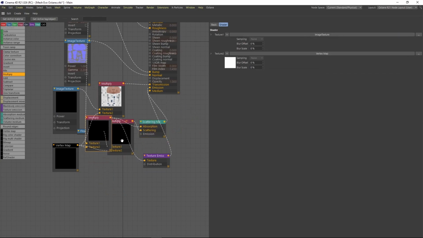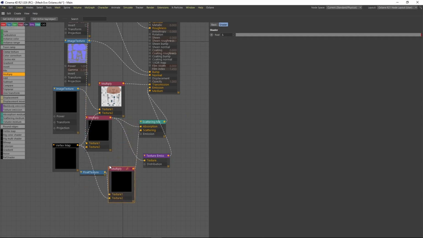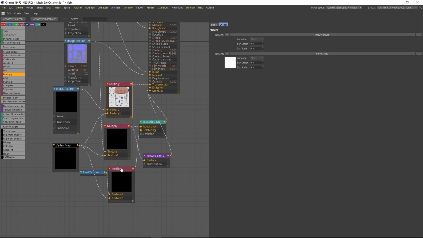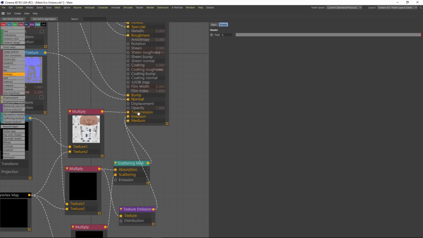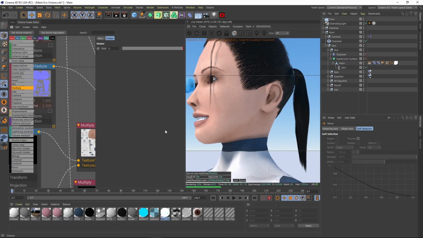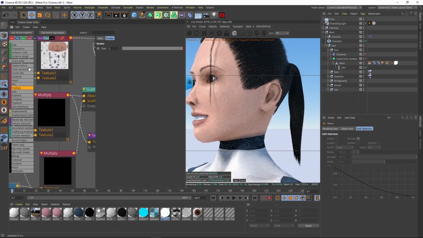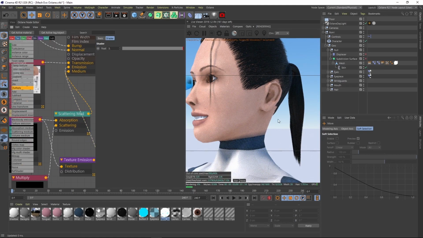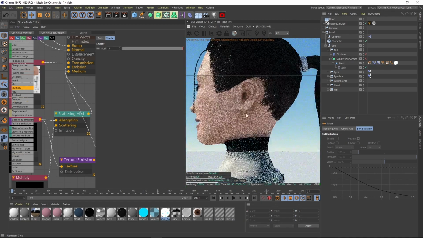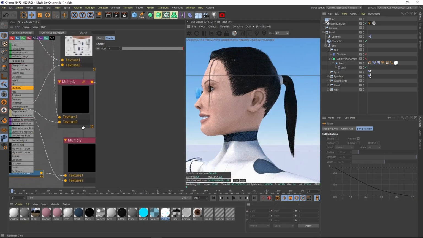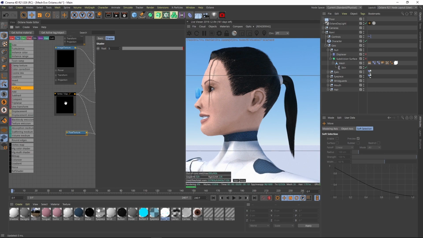Now, these wires are starting to get crossed, so I'm going to just move these down, just keep things a little bit more organized. There we go, a little bit nicer, and lo and behold, we've now done it. We have our transmission. We have our emission, creating that fake subsurface scattering. We have our medium that's absorbing it down, so we're not allowing light to shine too far and too brightly through our character. And we're limiting that through this beautiful, amazing power of the vertex map that we did